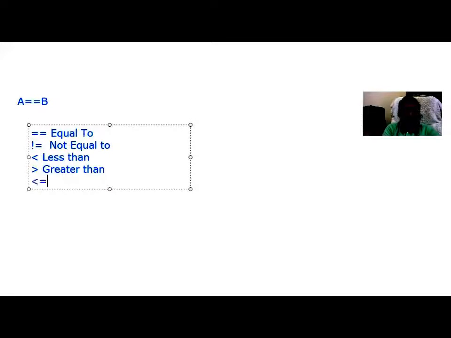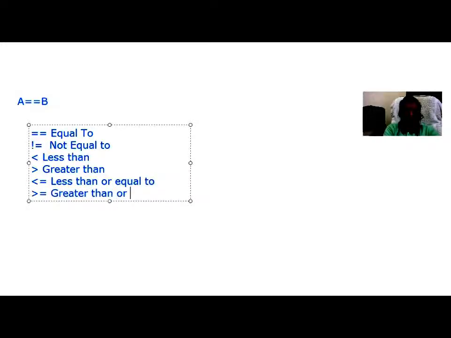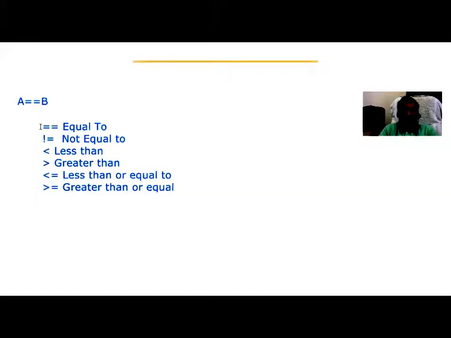This is called less than or equal to. And this is called greater than or equal to. So these are comparative operators used for creating conditions. I hope all of you have noted all these 6 comparative operators.